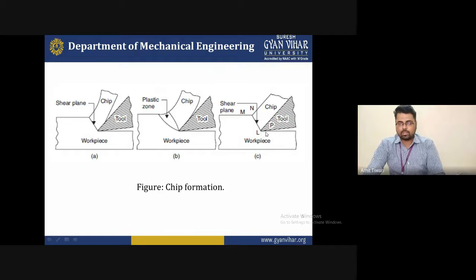So basically, what happens during this phenomenon, diagram C shows that there is a line zone, M or L and N or P. M or L indicates the place where the shearing starts, and L or P indicates the shearing of the material and the formation of the chip, generated as the cutting tool forces act on the surface of the workpiece material. So with this diagram, the generation of the chip starts to form. But this does not clearly indicate what conditions occur for formation of chip, that means continuous chip, discontinuous chip, or build up chip.